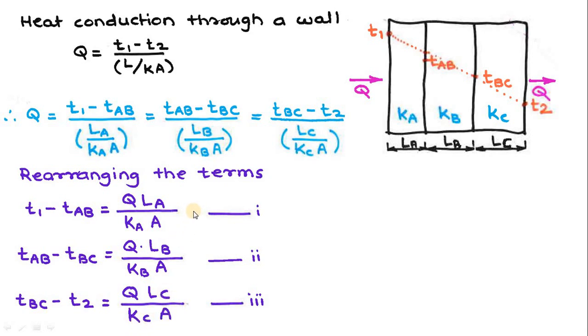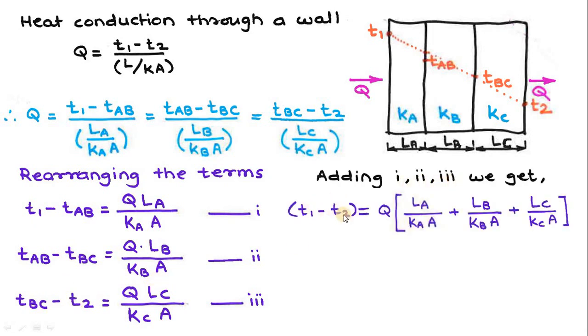Now we are having these three equations, and now if I add these three equations, this TAB will get cancelled, TBC will get cancelled, and on the left hand side I will get only T1 minus T2. So let's find out this one. Adding 1, 2 and 3, we get T1 minus T2 is equal to Q, which is common in the three